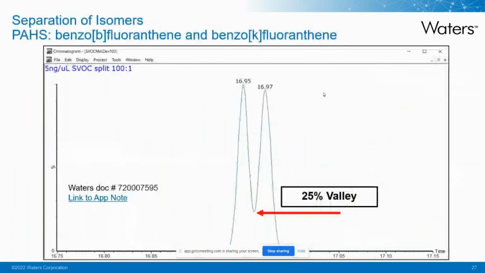Even with the high specificity of MS-MS, there are requirements for chromatographic separation of minimum criteria for these isomeric species. So you see these 2 PAHs, and the method specifies a minimum of 50% valley. So at the very beginning, of course, with a brand new column and standards, we were shooting for a 20 to 25% valley so that as we trim the column, we'd be able to maintain that 50% minimum. And this is at 2 mils a minute with a 100-to-1 split. Again, this was published in April of this year as an application brief, and so I've included the link here